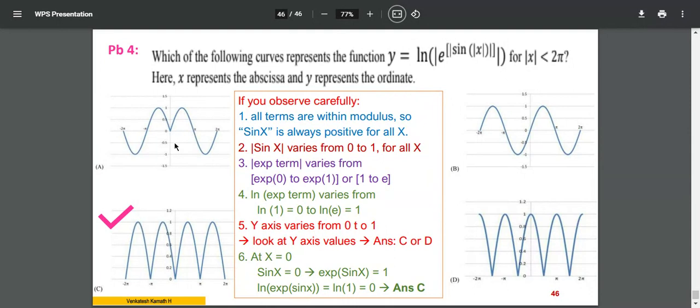So when I see y is equal to 0, I can see y is equal to 0 over here, A, B. I can see y is equal to 0 here, C. That is also correct, but not here. So my option ends up with A, B, C. But I see that all are positive, so all my y-axis values should be positive only. With that concept, A cannot be the correct answer, B cannot be the correct answer, only C should be the answer.